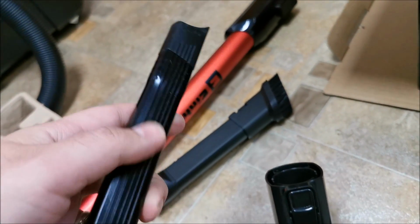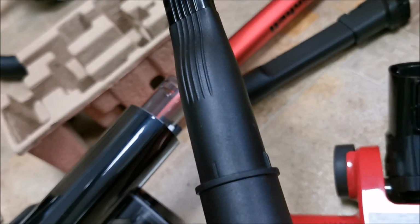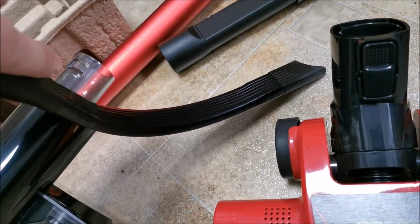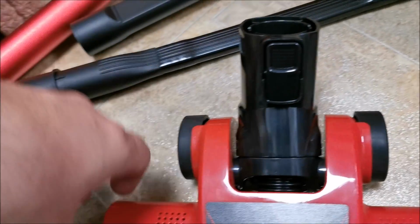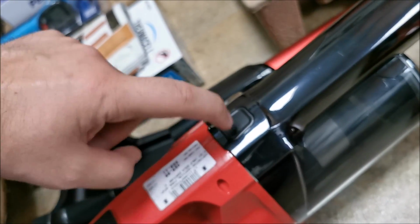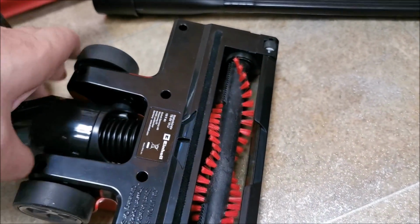The flexible one, so basically the middle is flexible plastic in here, and obviously plastic in here, so only the middle of it is bendy, but I think it's good enough. This is beefy enough for wall mounting, this not beefy enough. And this is the brush itself,